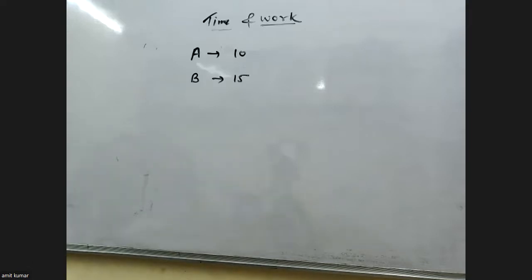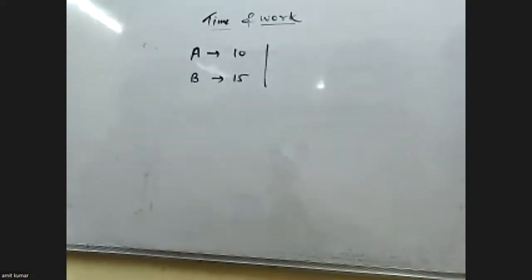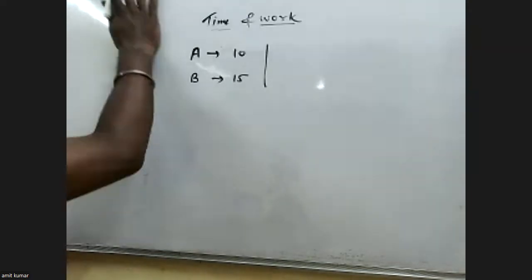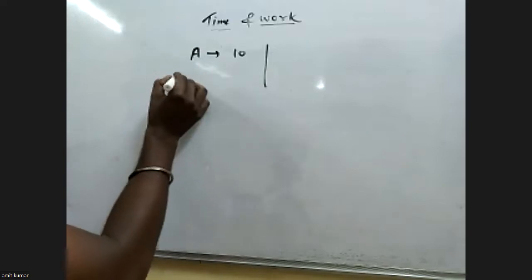So A can do a piece of work in 10 days, while B can do the same work in 15 days. Working both together, they can do the same work in how many days? 6 days. Sir, 6 days. Very good. If it is 6 days, then